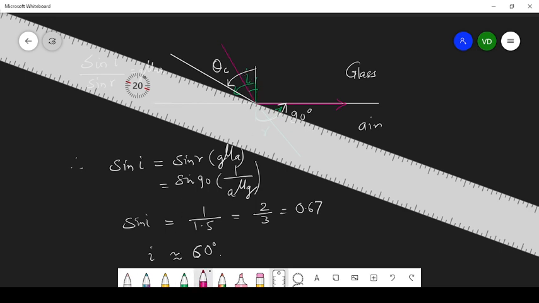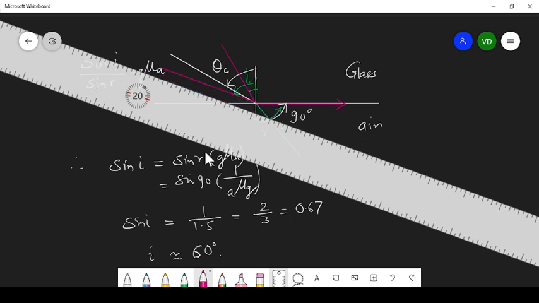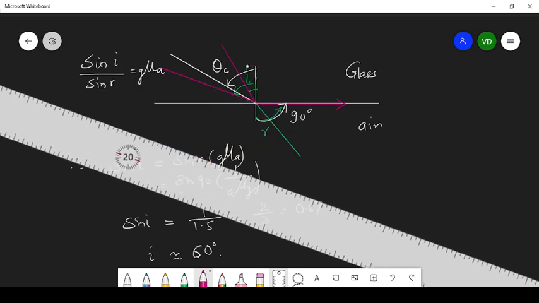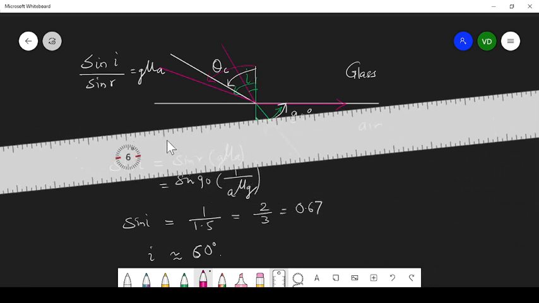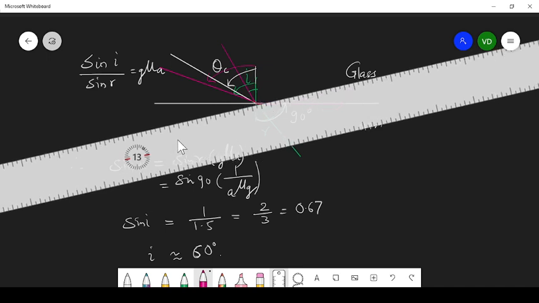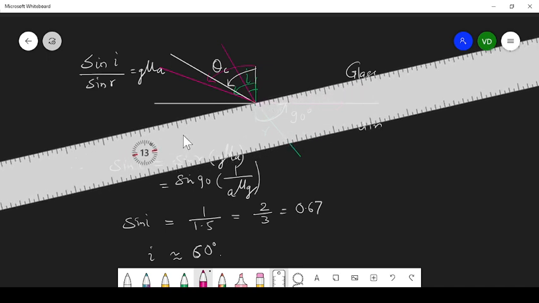So what will happen if we take the angle as 70 degree? Now this is slightly more than the critical angle. Now what will happen is that this refracted ray will be refracted inside the glass medium. It will be something like this. It may be some number, we don't know right now, but obviously it is not the simple reflection. Okay.